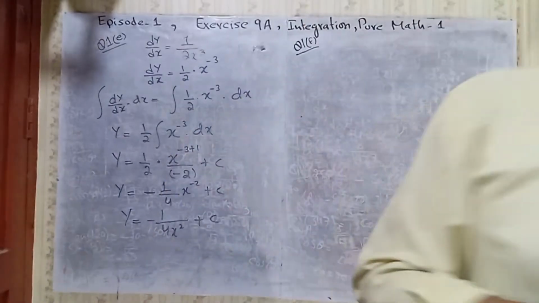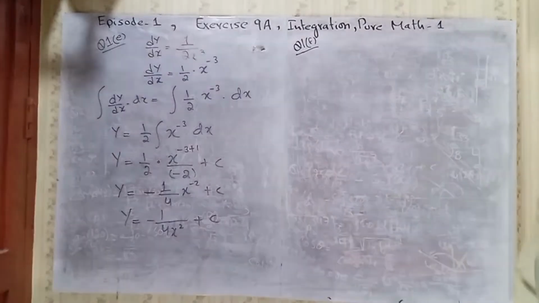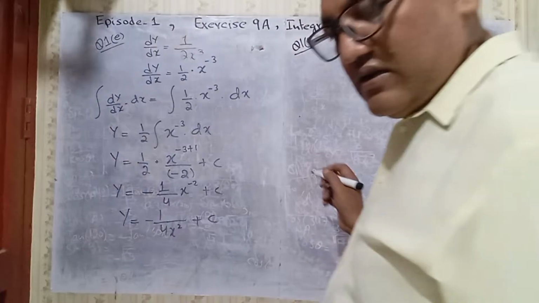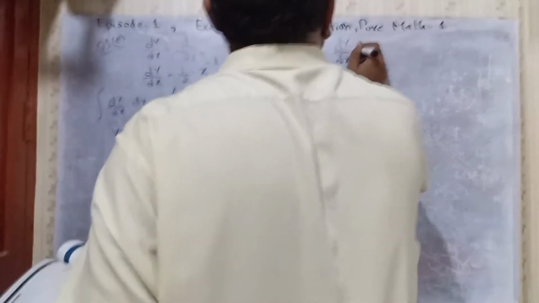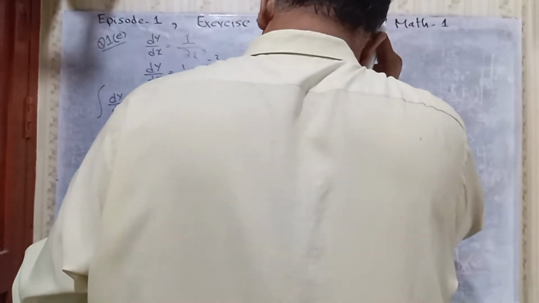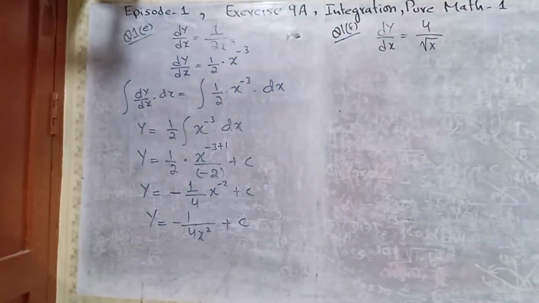Okay, so question number 1, its F part is dy by dx. Dy by dx is equal to 4 by under root x. Okay, this can be written as